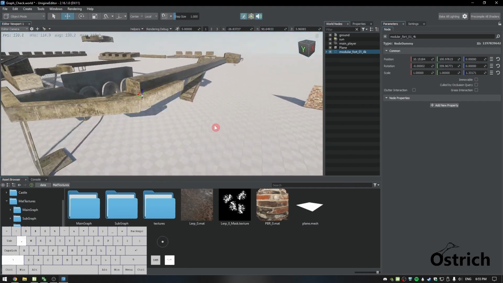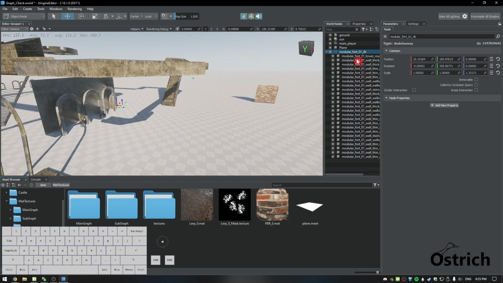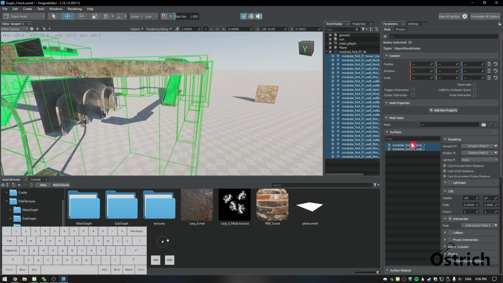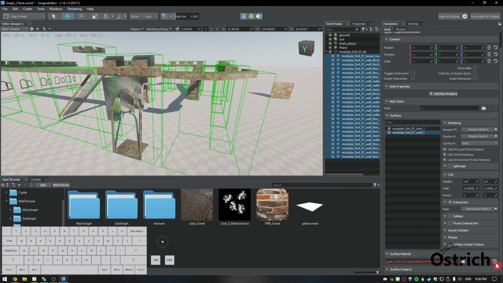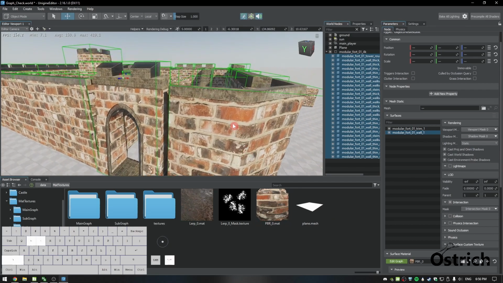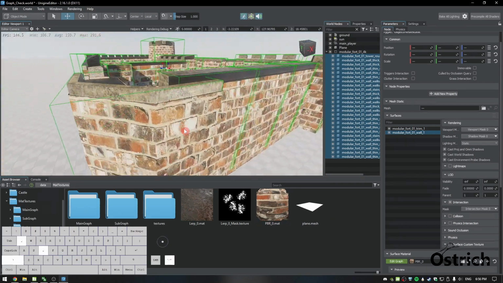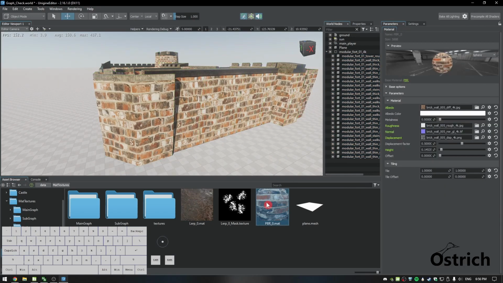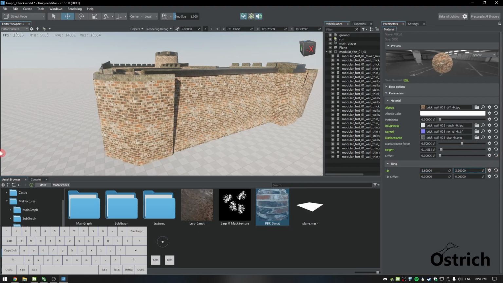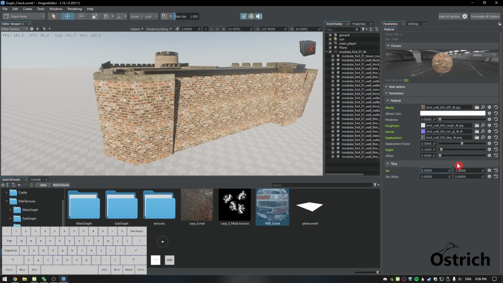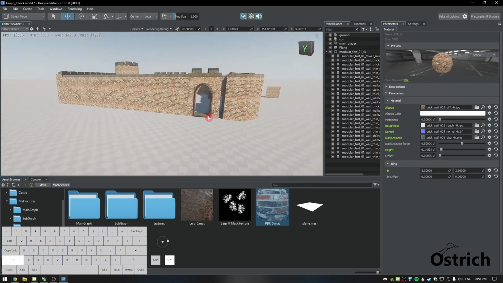I have all this modular fort with, if we just go in here and go into the walls, I just made it. The walls had nothing, so let's just add the material onto it. Okay, cool. So now the material's onto it, but it looks a bit too big for the bricks. So what we can do now is tile them to make them perfectly fit in our proceduralized tiling